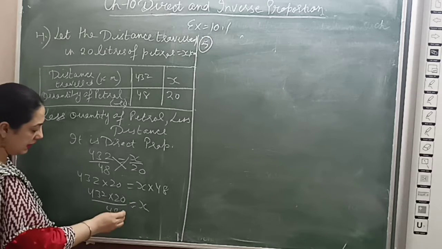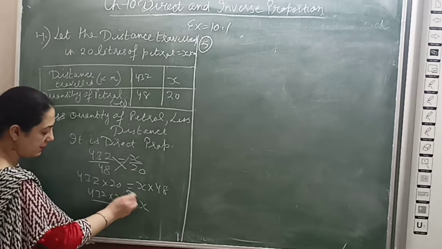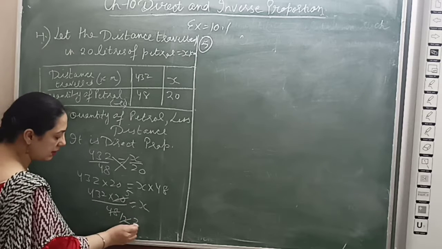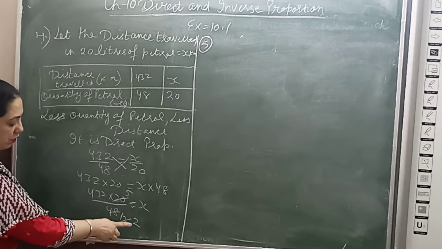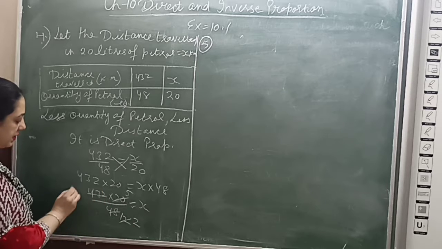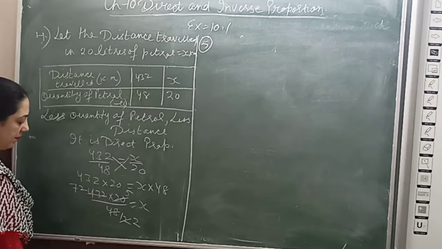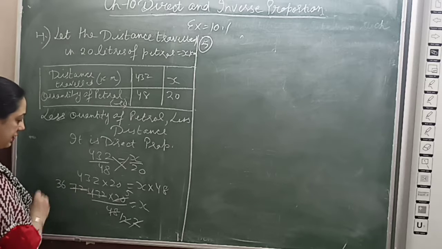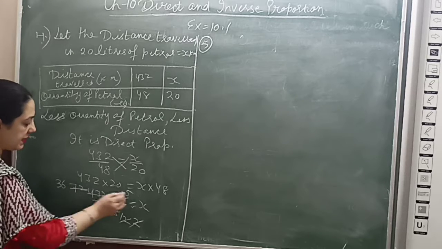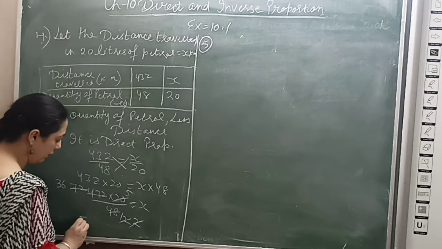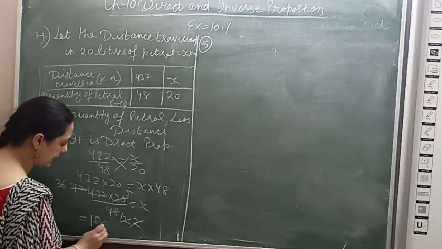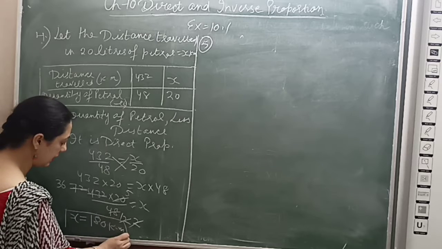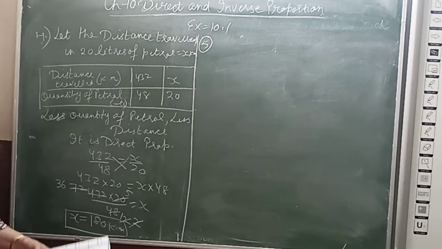Now let us do the cutting. You know 4 5s and 4 12s. Again I will do the cutting in the table of 2. That is 6 2s are 12, 6 7s are 42, 6 2s are 12. Again 2 divides 72 in the table of 36, 2 36s are 72. Now 36 multiplied by 5, we will get 180. So distance travelled is 180 km.